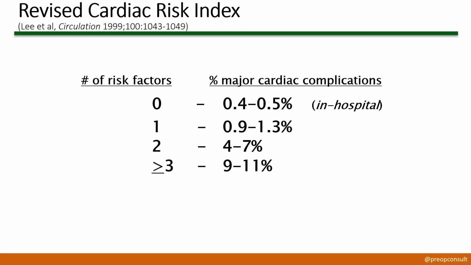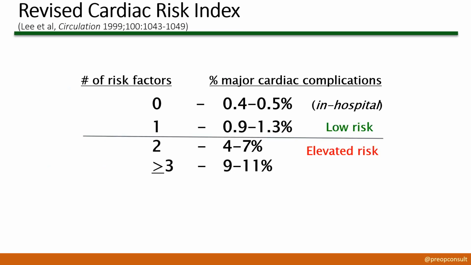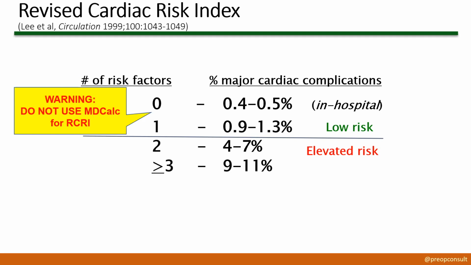Now, here is a table just showing, based on a number of risk factors, the more risk factors you have, the higher your risk of complications. I personally have always drawn the line between 1 and 2, where I said 0 and 1 were low risk and 2 or more was elevated risk. A lot of my colleagues like to use 1 as being elevated risk, and that's for personal decision making. You can decide what you like. But I will caution you, if you use one of the apps called MD Calc, do not use it if you want to do the RCRI, because they've incorporated some other studies that were not done the same way or in the same patients that were in the RCRI.